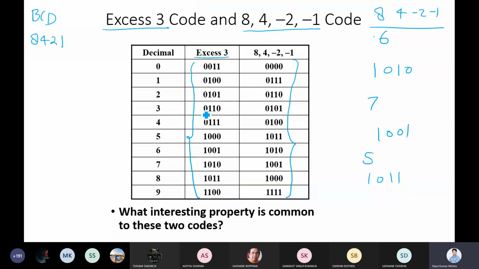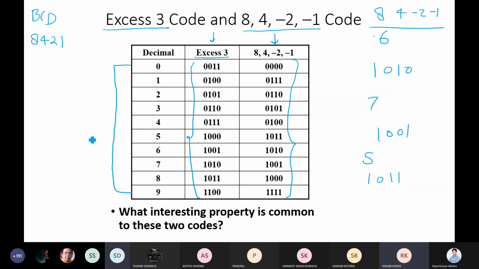Column. Suppose I am talking about currently this 8421 and one time we are talking about this. Okay, just look into these pairs. Sir, in 8, 4, minus 2 and minus 1, the first and second bits are the same. In the first one, if we replace the 0 or 1 with 1 or 0, then we get the last one. Like at the start, where there are 4 zeros, below there are 4 ones. Where there is 0 here, there is 1, and where there is 1 here, there is 0.